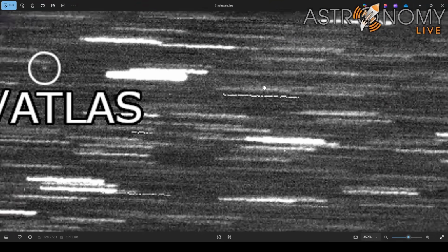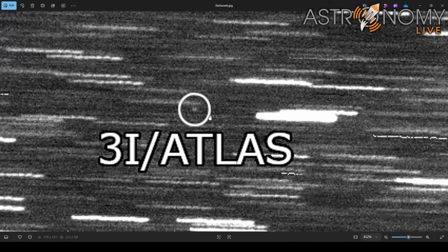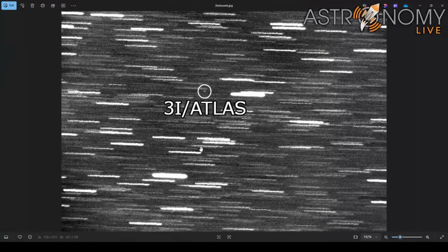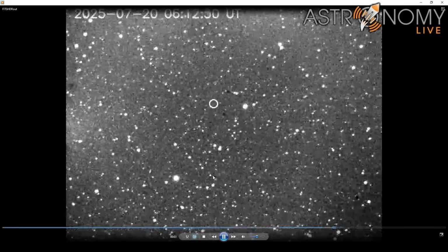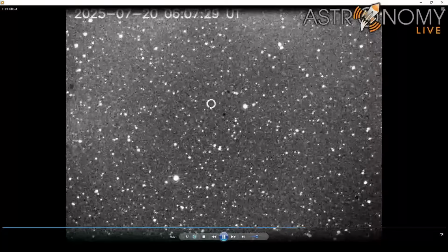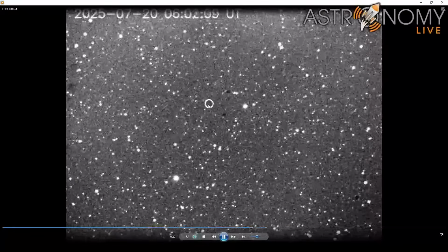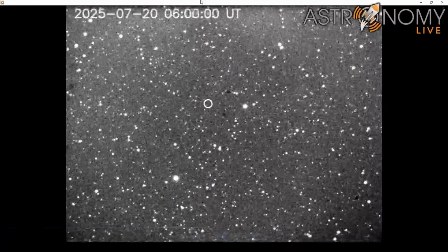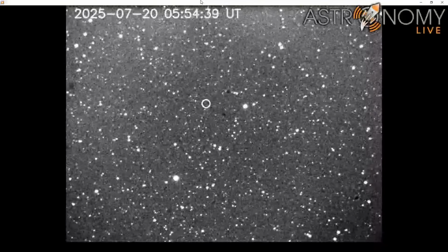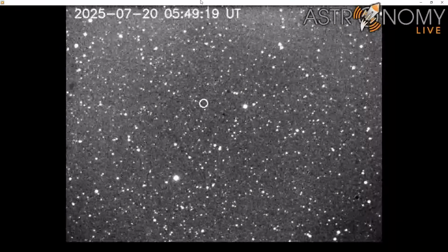There were a couple of unsubtracted hot pixels that form a much sharper line through here. But the rest of the streaks are stars, and you have the comet. And if you look at the raw exposures, before I stack them, this is what it looks like. The comet is a very, very faint signal in the middle of this white circle. The white circle is being automatically annotated onto the image based on the predicted coordinates of the comet. So that's where the comet should be, and there is something there in the middle of that white circle, but